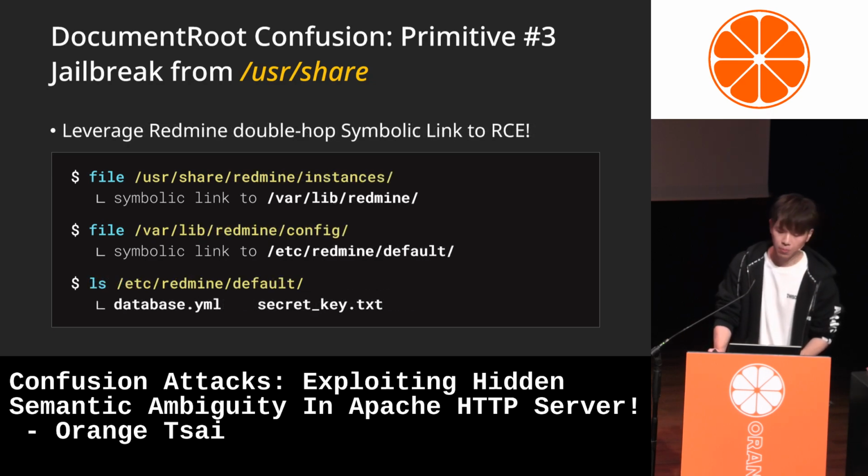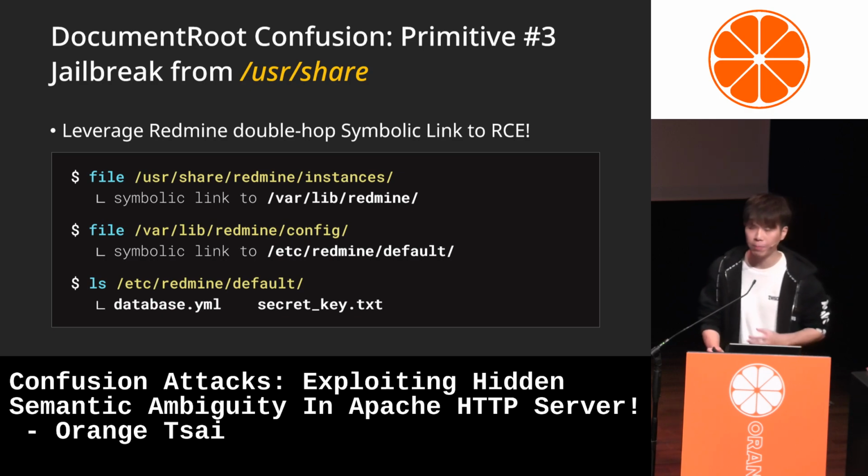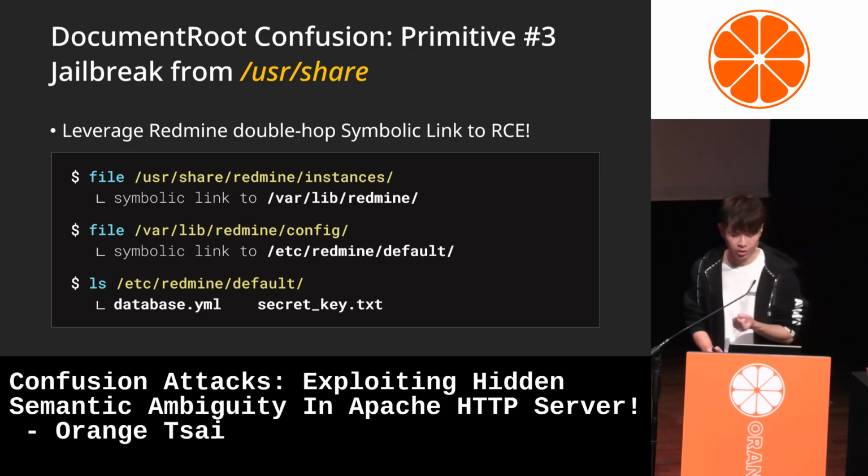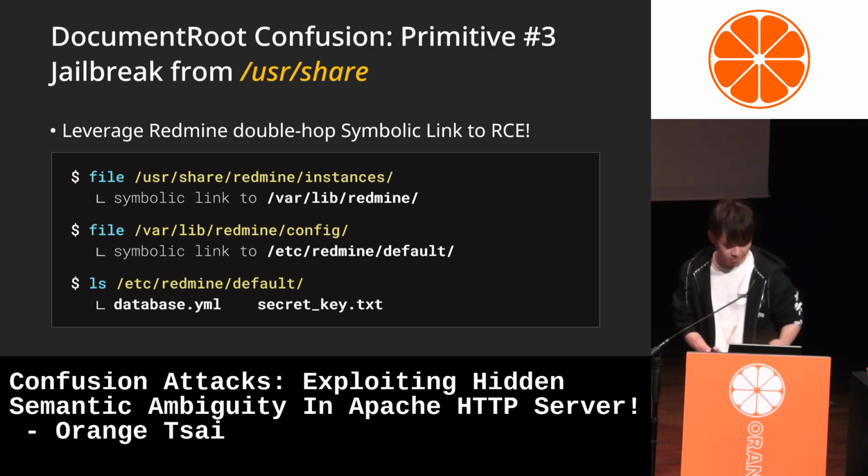And here we will demonstrate a remote code execution on Redmine through a double hop jump. There is an instance folder that can jump to /var/lib on the Redmine.